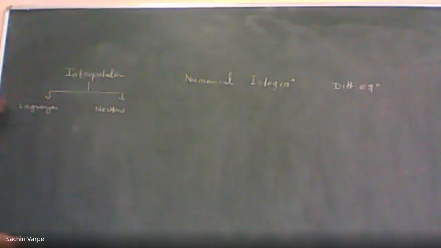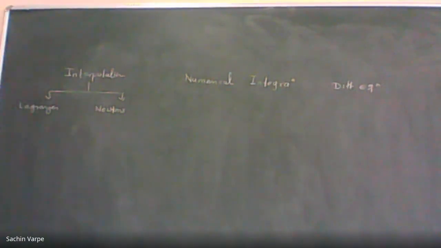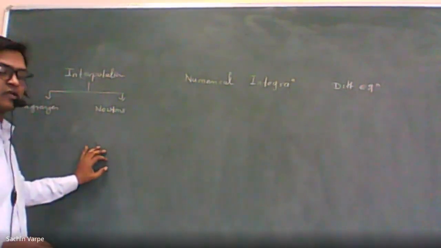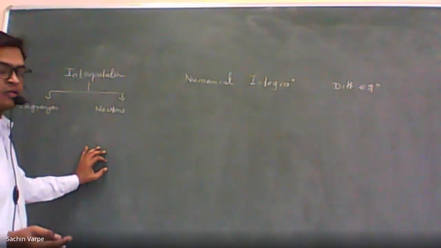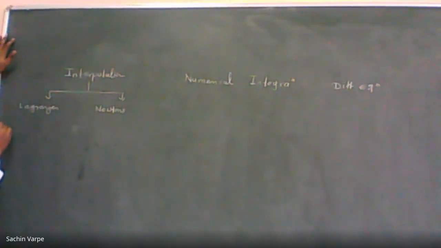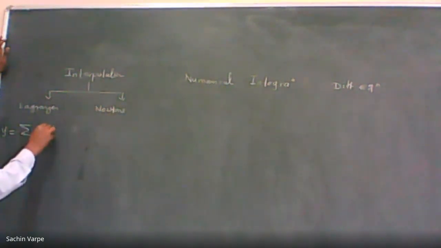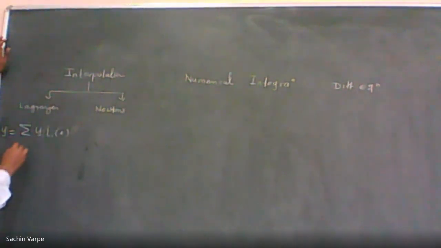So in Lagrange's, from the interpolation, what we are trying to get from the given discrete data is the relation between those values, right? And that relation we are calling a polynomial, the interpolating polynomial. So in Lagrange's interpolation, the value of that polynomial is the value of y, isn't it? y equals summation of yi li, where y is a function of x, y of x, or f of x. So y equals summation of yi li of x, and i runs from 0 to n, right?